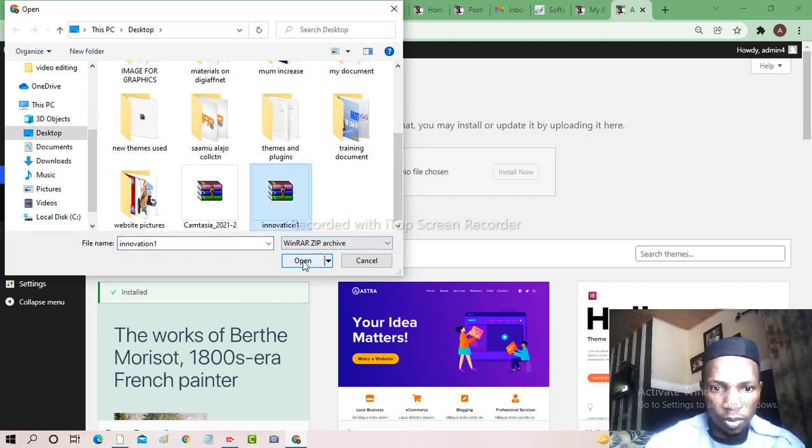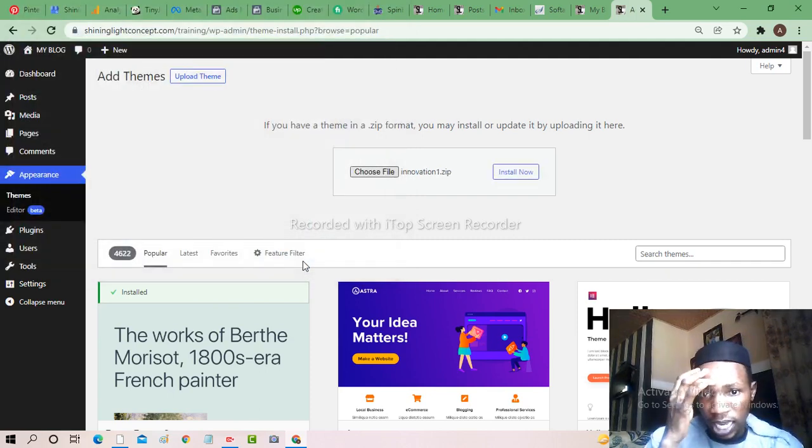Don't worry, the theme you are going to use for your own design, I will send it to the group. Or if you want to use another theme, I will give you like 2 or 3 sites where you can download themes for free, without paying a dime.